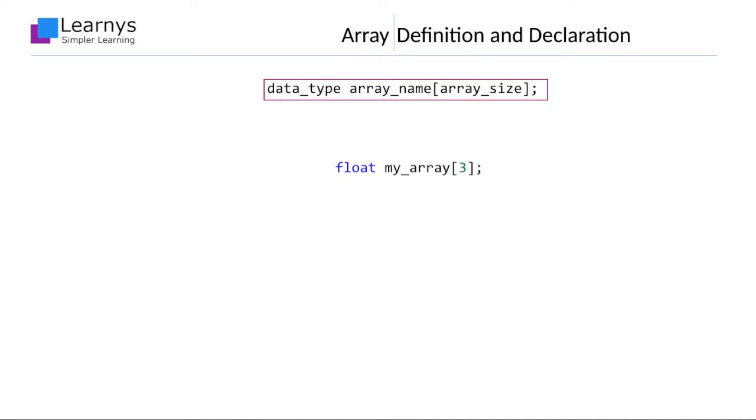Let us discuss each component of the array declaration statement one by one. It should be recalled that components of array declaration depend upon the scope in which the array has been declared. We will be discussing the components of the array declaration statement in the context of block or file scope. We are starting with the array name.